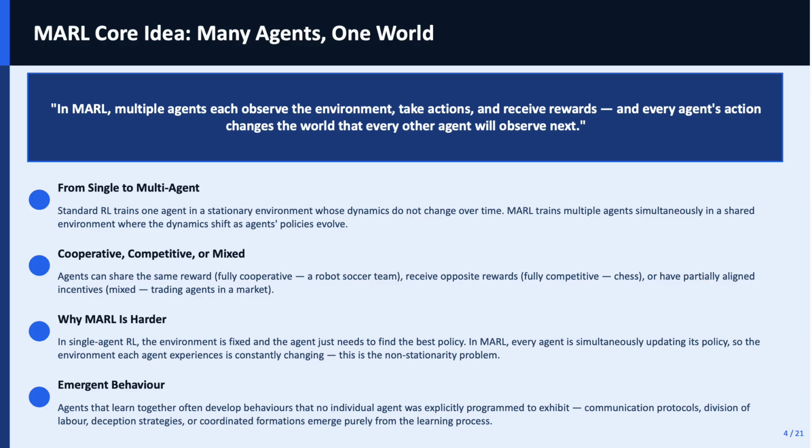The core insight of MARL is that an agent's optimal policy cannot be determined independently of what other agents do, because the state of the world that each agent observes at any moment is the joint result of every agent's preceding actions. This circular dependency, my best action depends on your action, and your best action depends on mine, is what makes MARL a qualitatively different problem from single agent optimization, not merely a scaled up version of it.